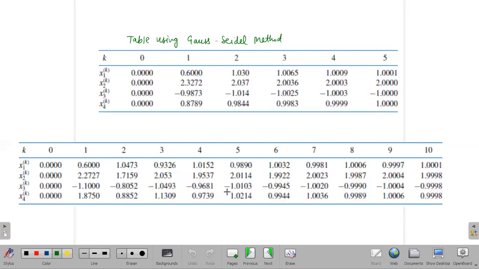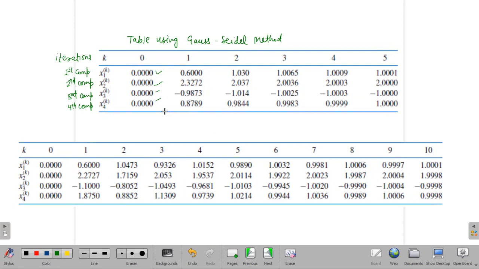Yes, ma'am. So here you can see these are the iterations, k representing the iterations. Here it is 0 iteration, which means an initial guess. This initial guess is given 0, 0, 0, 0. This is the first component, this is the second component, third component, and this is the fourth one. That all gives you a vector. So here I have applied this initial guess, then you will get the first iteration like this.